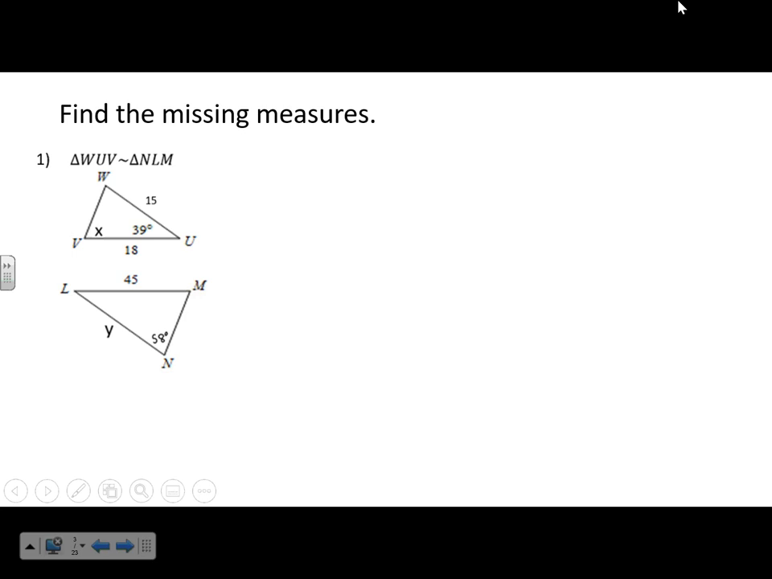So this first one, we want to find the missing measurements. Now, before we do anything, since these triangles are similar, that means that all sides are proportional. We know that. We talked about that a lot. That's where we cross multiply. We've done this. However, the thing we mentioned but haven't really stressed is that all the sides are proportional, but all the angles